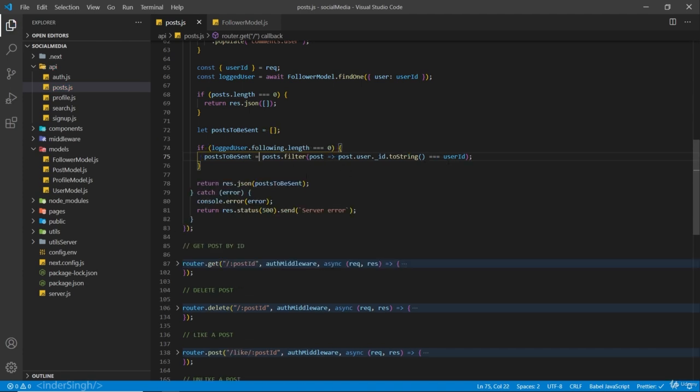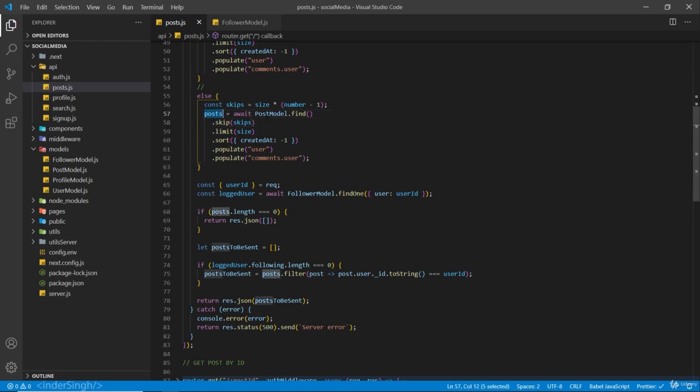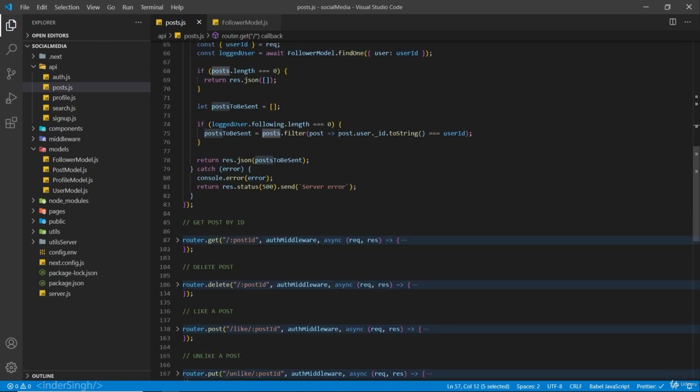What this basically means is, if the user is not following anyone, we are running a filter over the posts array, these posts right here, and we are checking if post.user._id, and we are adding toString because it is going to be an object if we don't add the toString here, is equal to userId. So this filter will return us an array of the posts this user has created, the logged user, and we are going to send back these posts if the user is not following anyone. Else,